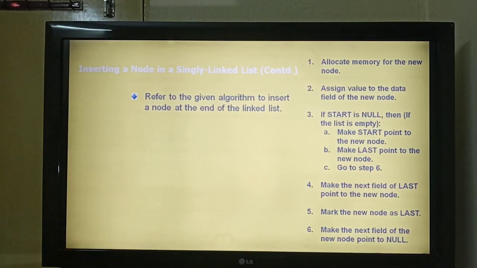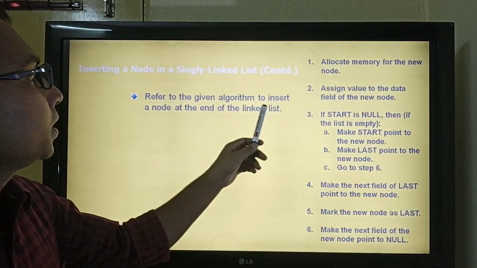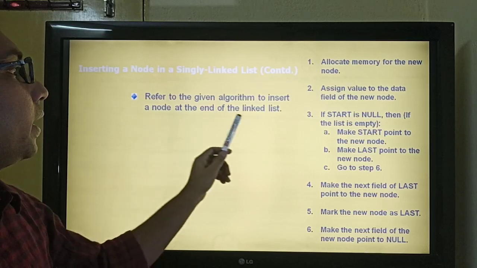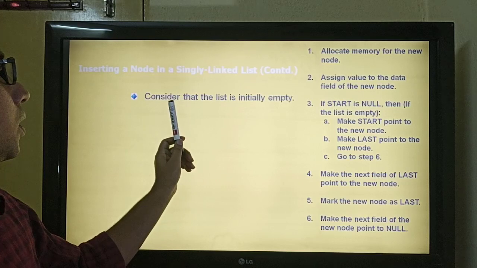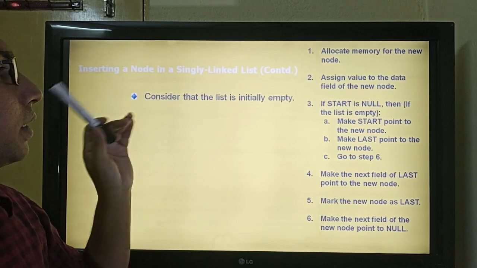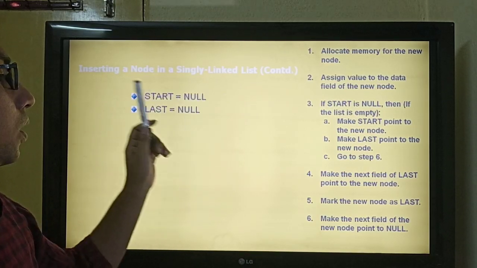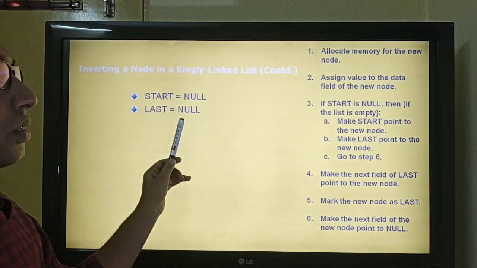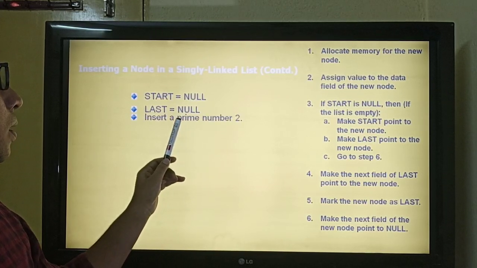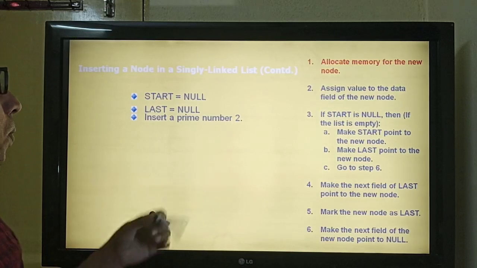So here, refer to this algorithm. This algorithm will insert a node at the end of the list, initially considering that the list is empty. Since the list is empty, start is null and last is also null. Now insert a prime number 2.